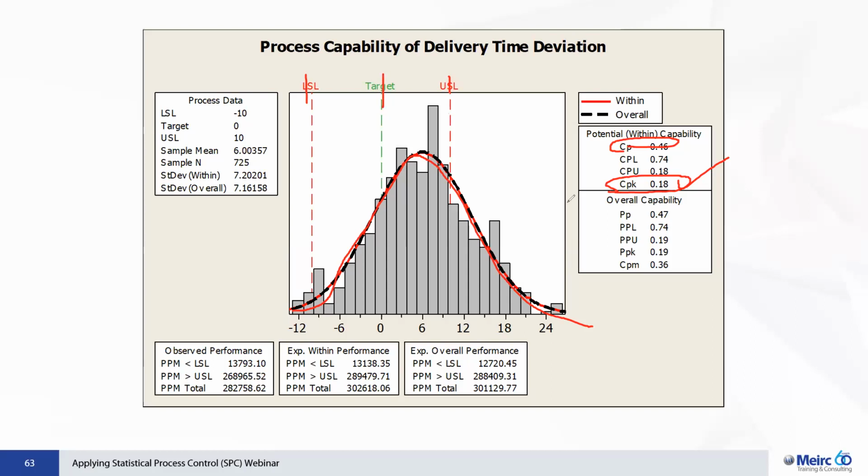It's giving you output which is really away from the target, and lots of the points here are considered defects, rejects from the point of view of my customer. And you can see here that we have a very high defect rate. It's around 280,000 out of a million, which is like 28%. 28% defects. So obviously you need to improve this process by understanding and investigating why, and then making the changes,